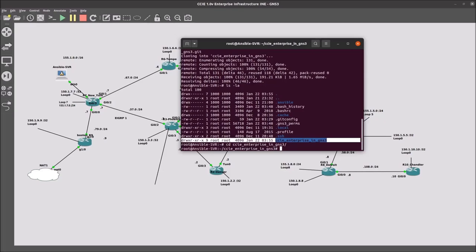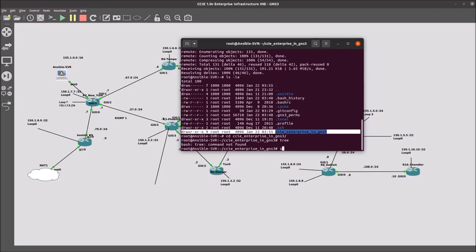So if my routers weren't already baselined, I would put basic IP configuration. I would make sure that they can all talk, including talking to my Ansible server, which is my Ubuntu image. And then I would type in ansible-playbook baseline.yaml. But I know they're already configured, so I'm going to skip that step. But if you want to look at it,